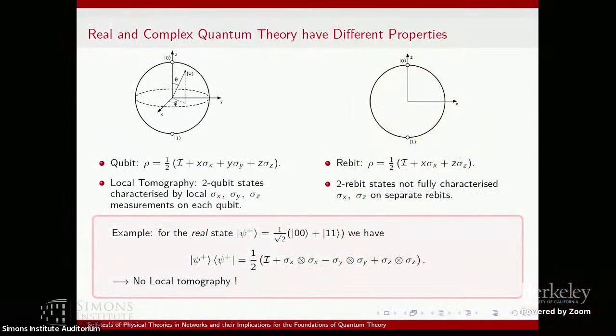Okay, and because sigma y is not something I can locally access in real quantum theory, this means that this theory has global degrees of freedom that cannot be accessed by doing local things, and this is what we mean when we say it doesn't satisfy local tomography, because in quantum theory we can always do everything by just accessing systems locally. Okay, and so from a physical point of view, these are two quite different aspects that theories may have, I would say.